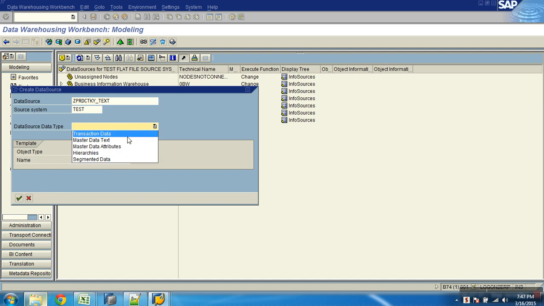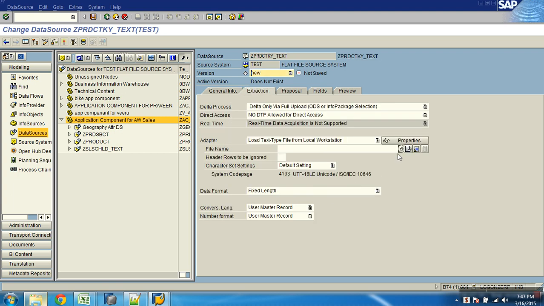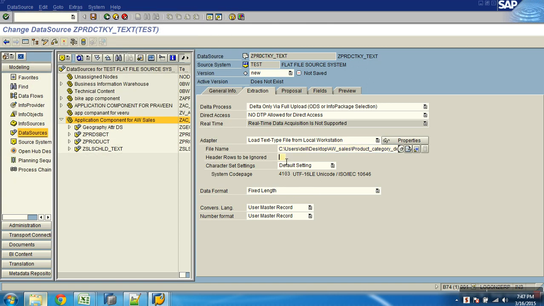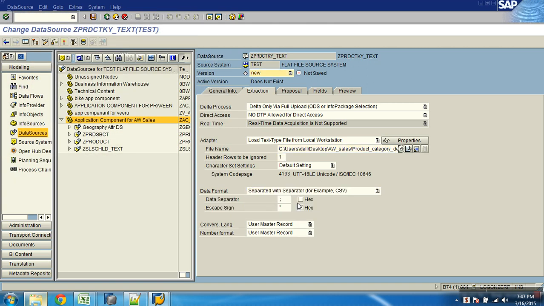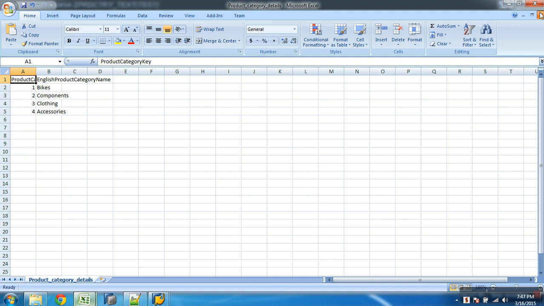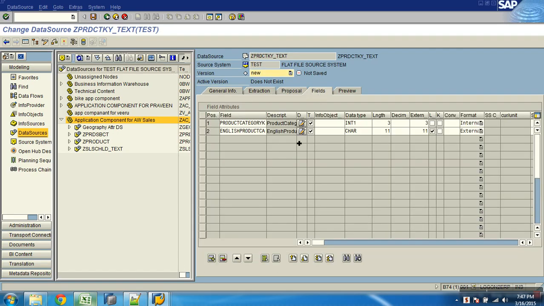Text. Product category, number of headers to be ignored is 1, CSV file, semicolon, proposal, get the file closed, load sample data, that's it.